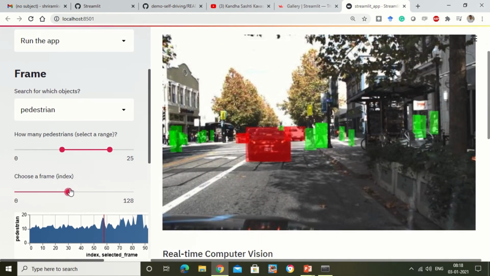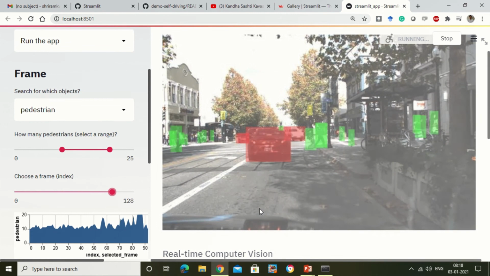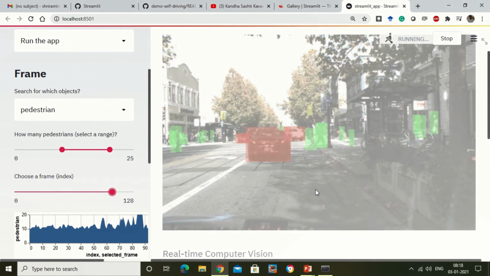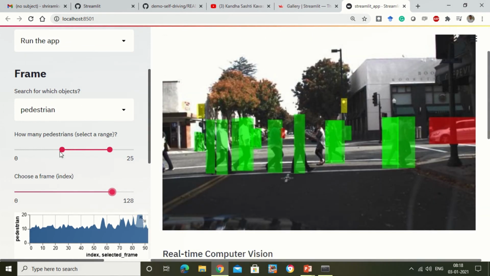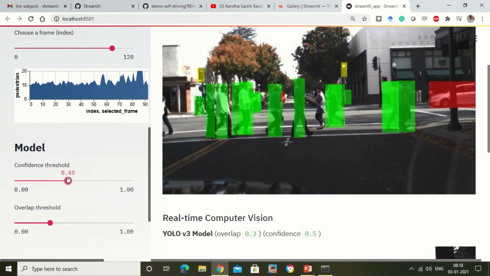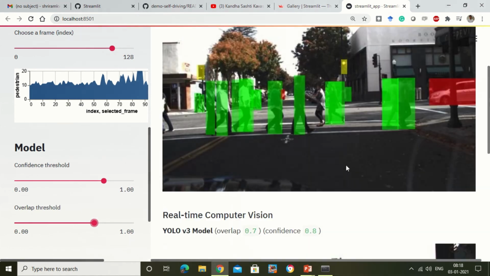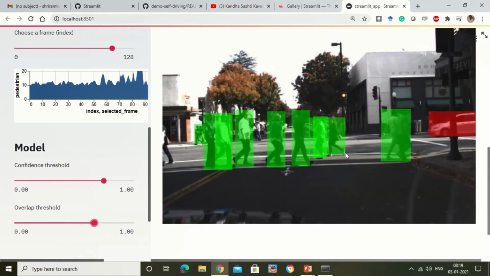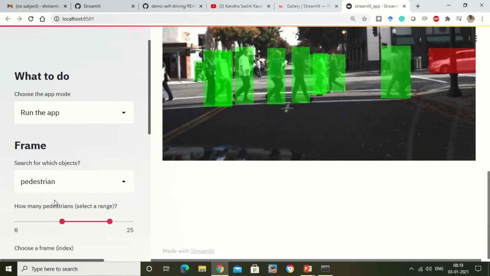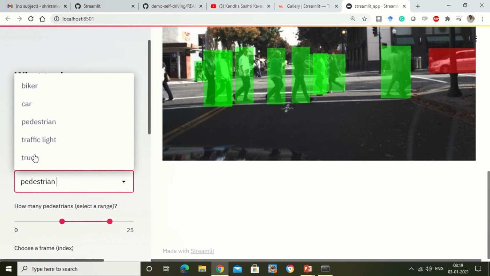This is very cool, and the response is very good. The complete system is very responsive. That's one thing that I liked about YOLO, and the examples that are available there can make us understand that this is really responsive. And we can also adjust the confidence threshold, and overlap threshold can be adjusted. So all these can be done real time with the options that the examples provide you. So this is very easy for you to learn, because when some examples are there, you can really learn it.